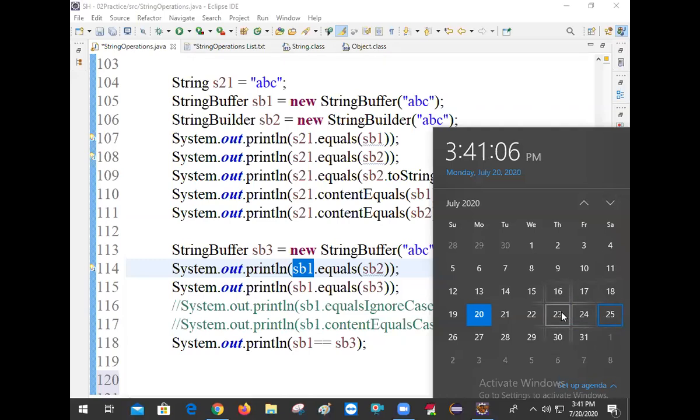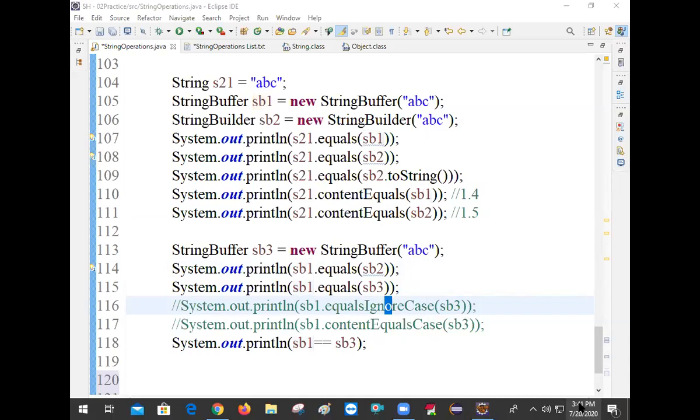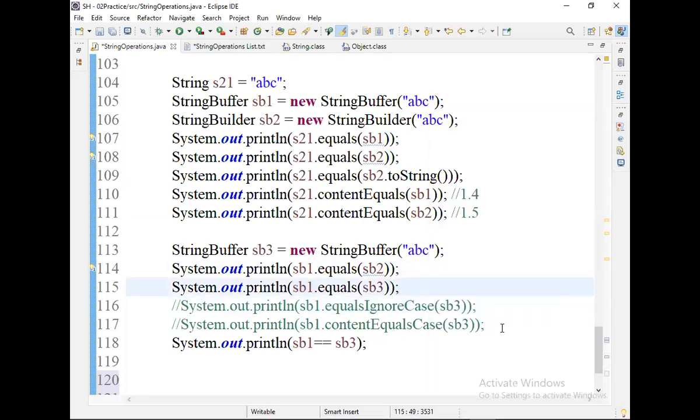And on 26th, Sunday, we will see the remaining missing topics and how to complete them. 26th will be the last class. AWT and Swing are outdated.